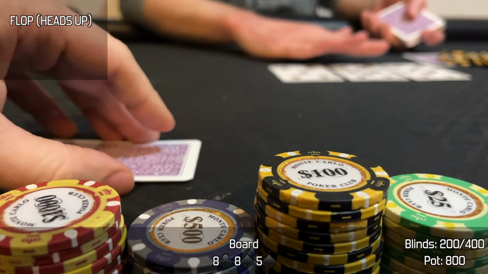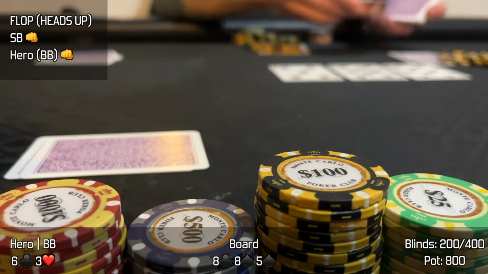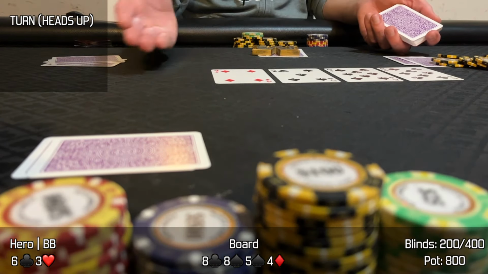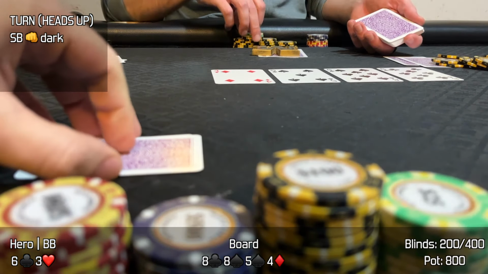The flop comes 8-8-5, and we have 6-3 offsuit. Action checks through on the flop, and the turn comes the 4 of diamonds, bringing us an open-ender. The small blind checks in the dark. We have an open-ender, but we only have 6 high, so it's about time that we try to take this